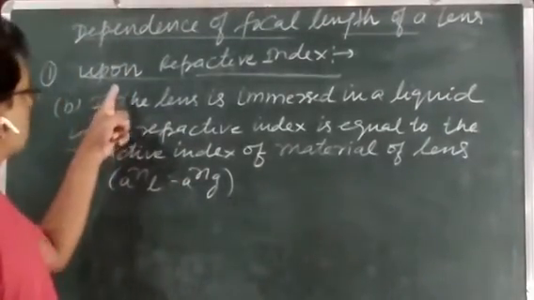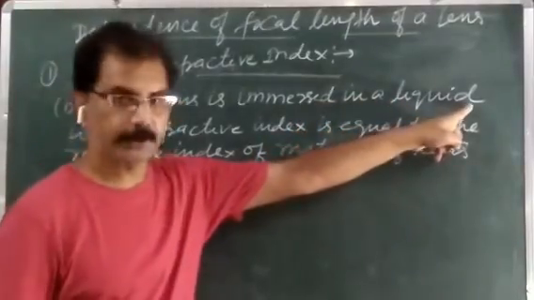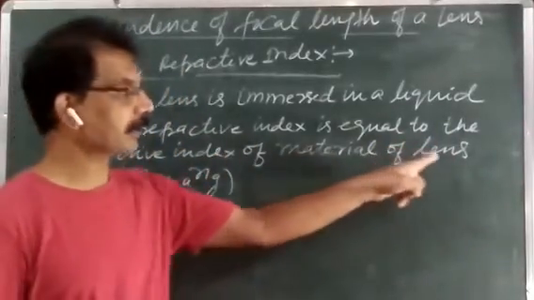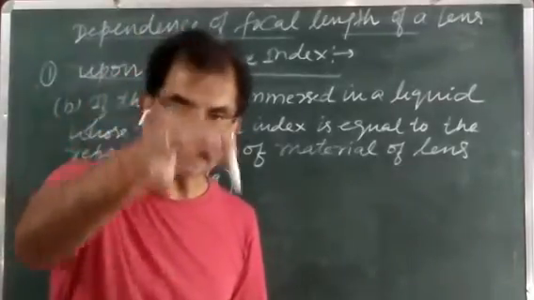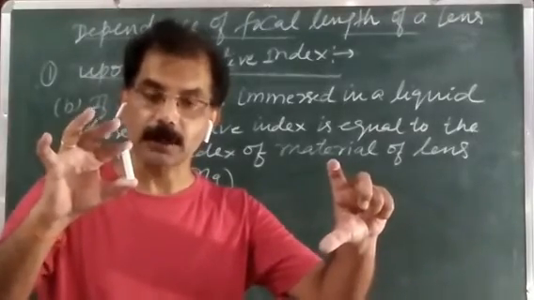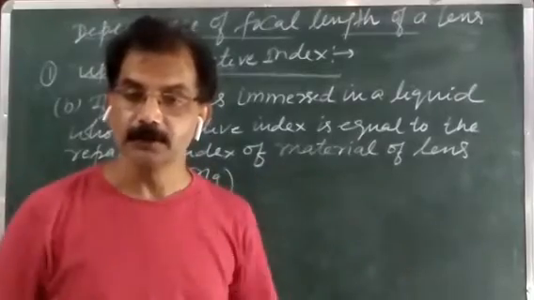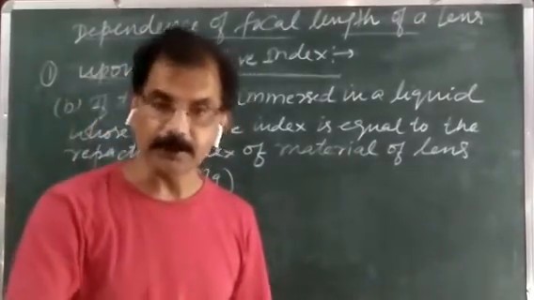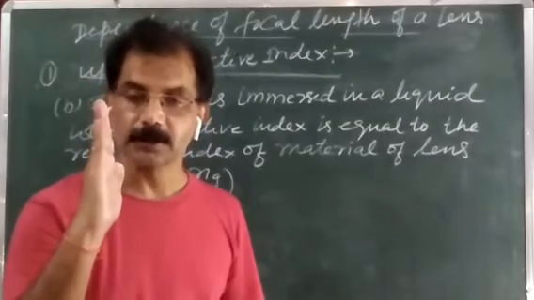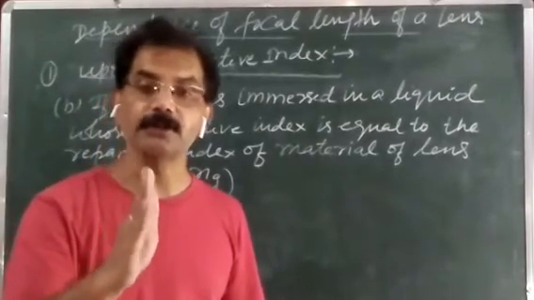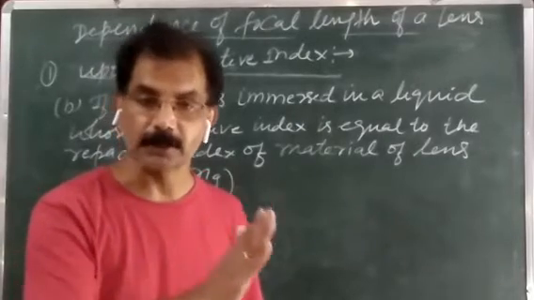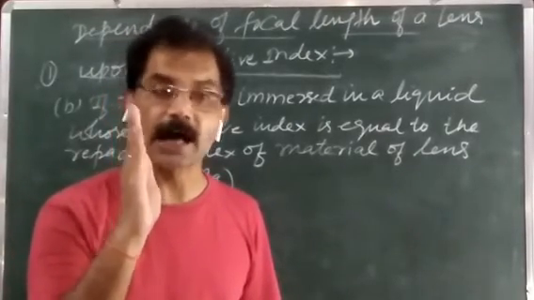Now the second case is: if the lens is immersed in a liquid whose refractive index is equal to the refractive index of material of lens. इसका मतलब अगर लेंस को किसी ऐसे लिक्विड में इमर्स किया जाए तो उस लिक्विड का रिफ्रैक्टिव इंडेक्स और मटेरियल ऑफ लेंस दोनों का रिफ्रैक्टिव इंडेक्स इक्वल हो जाए, तो ऐसे केस में inside the liquid that lens behaves like a transparent glass plate. इसका मतलब inside the liquid the focal length of the lens becomes infinite, और infinite focal length का मतलब that lens does not behave as a lens. अब वो एक transparent glass plate की तरह behave करने लगेगा।